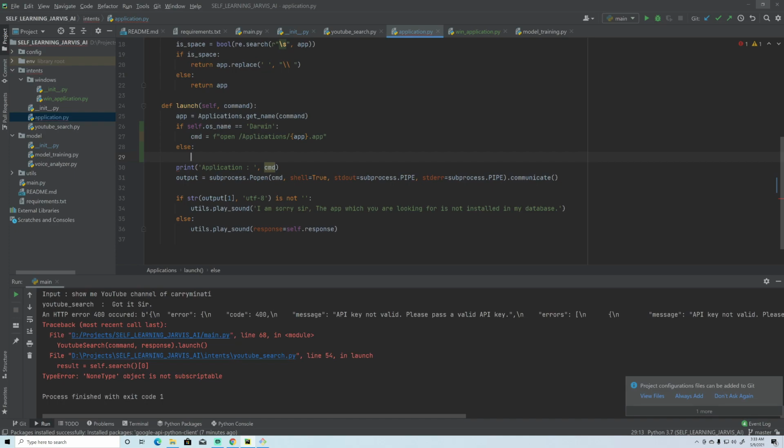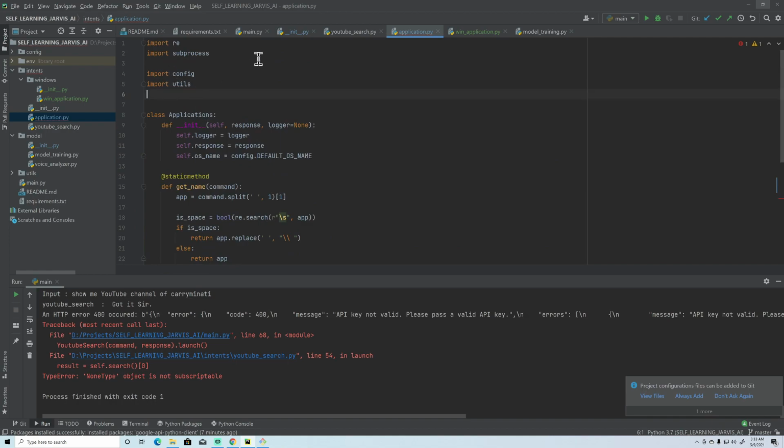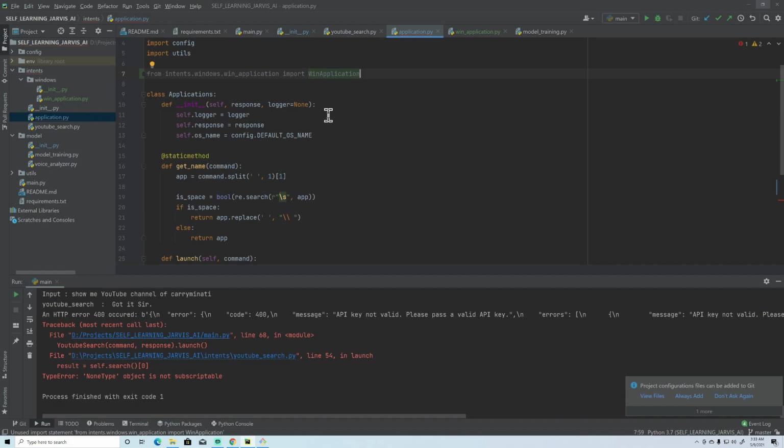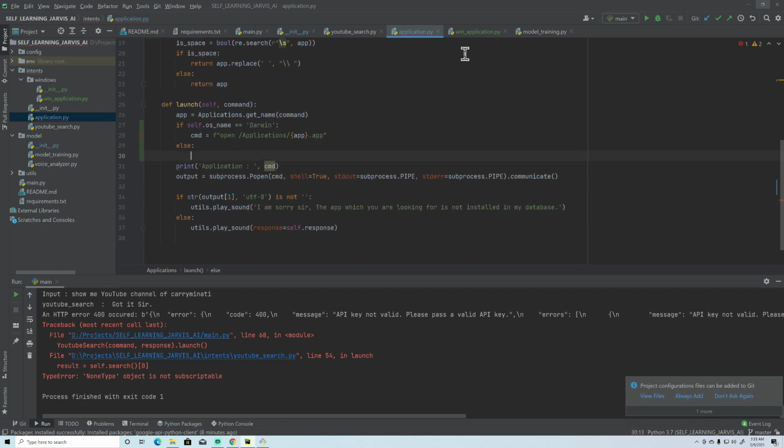So first I need to import this win application. So from intents.windows.win_application import win application. I'm not going to create any instance or alias for this. So here win app equals win app, and here I'll just have this object.